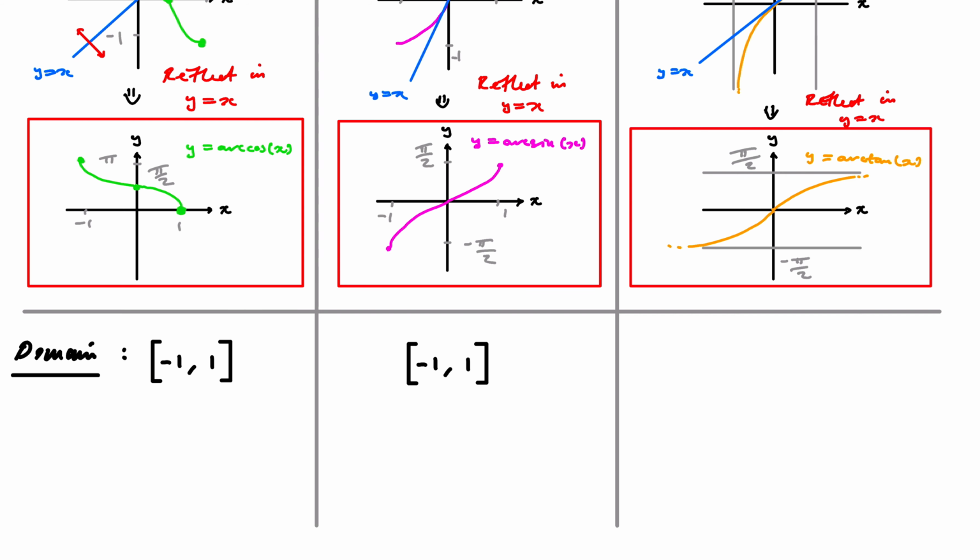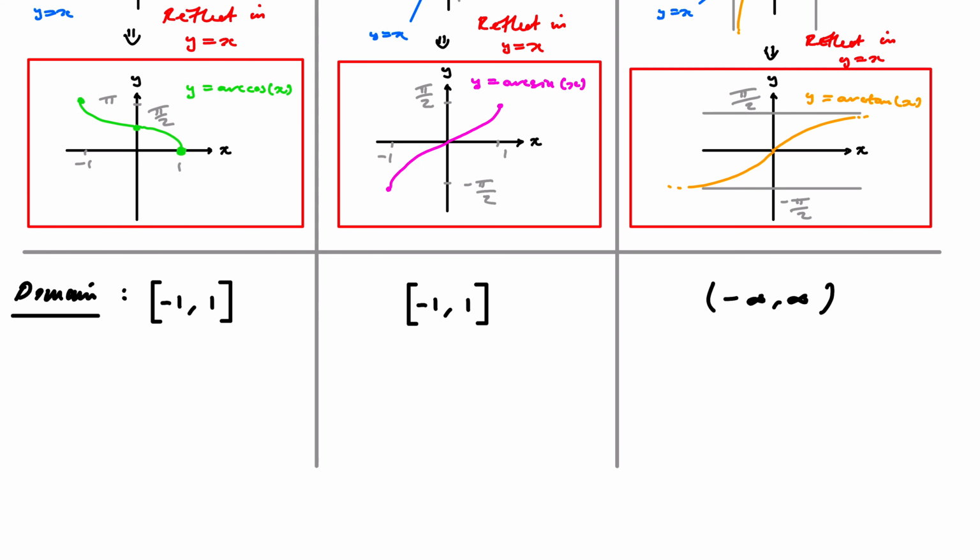And now very, very different. For arctangent, it's everything, because the range of the tangent function, even the restricted tangent function, the way we've set it up, is all real numbers. The range now,